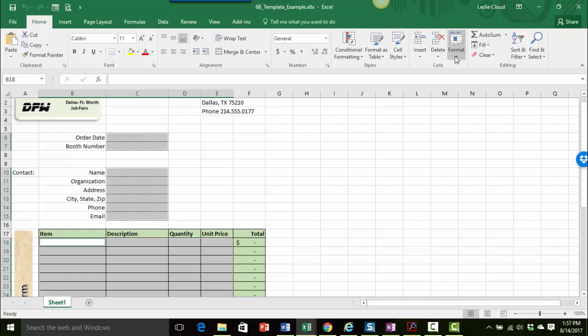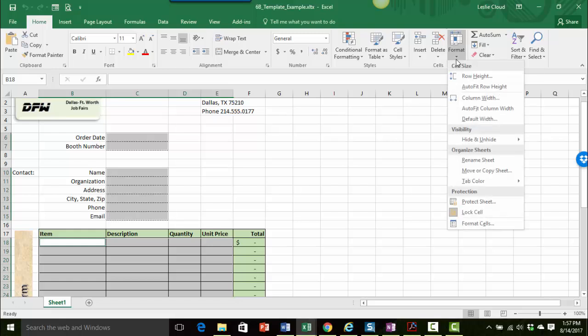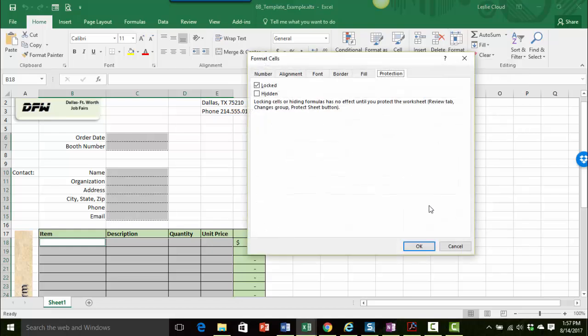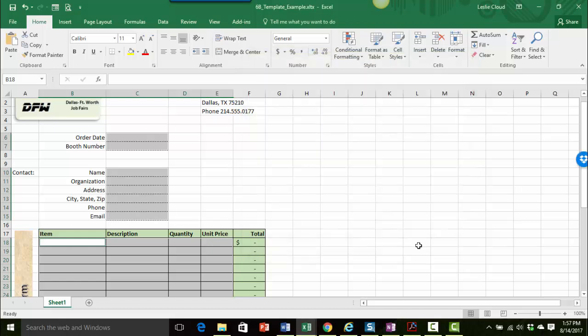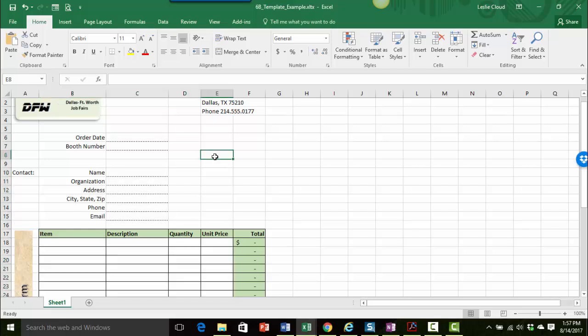So now I'm going to go back over to my Format button and come down on the Protection area and click on Format Cells. And I'm going to click inside of this box to uncheck the locked button. So now that means that I'm going to unlock these cells. Click on OK. And now these cells are going to be able to be changed once I protect the worksheet,